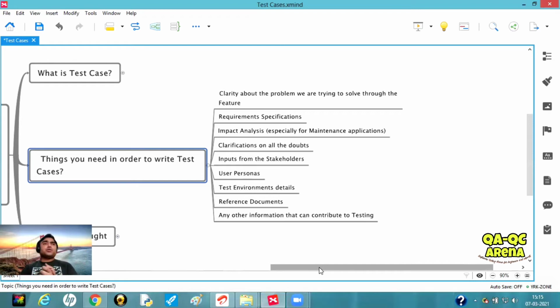Now, which tool to use? I have not mentioned it in the mind map here, but again, this is in your own context. If I talk about myself, I'm more comfortable writing test cases in an Excel file, Microsoft Excel. Some people may be comfortable writing in specific tools, which is fine. If within your company there is a specific tool out there, use it, no problem. If you feel uncomfortable writing directly in the specific tool, that is also fine. Most of the time those tools have some utility to upload your test cases into the tool. Of course you need to put those test cases in an Excel file in a specific format, and only then can it be imported into the tool. But use it, up to you.